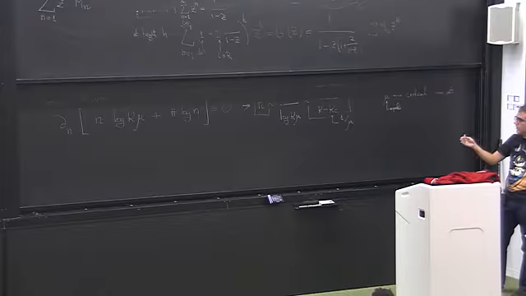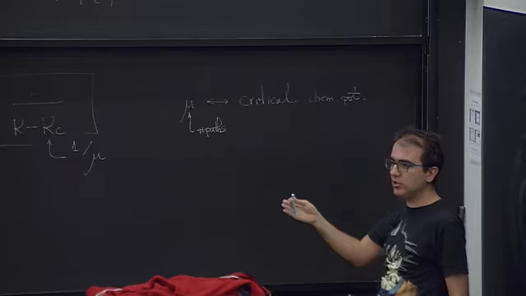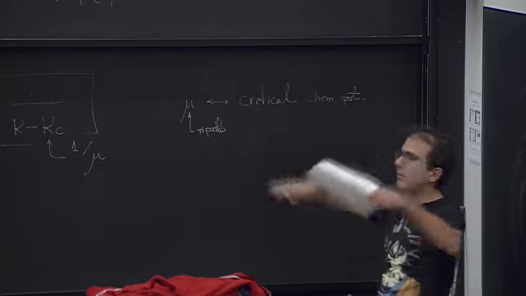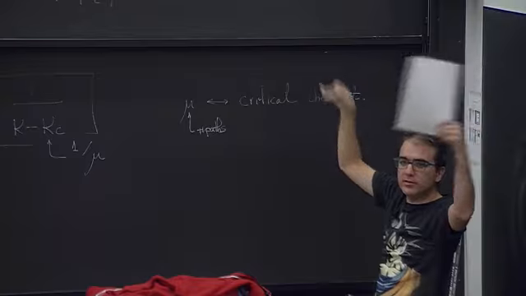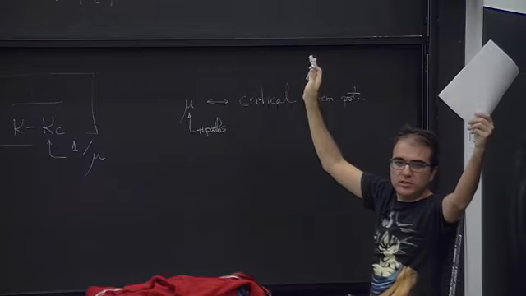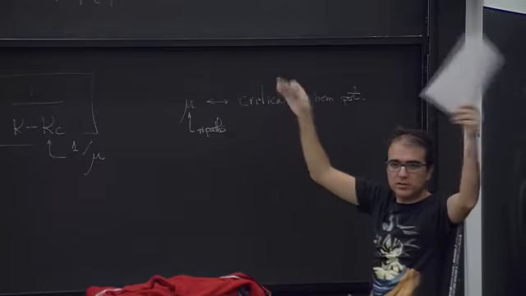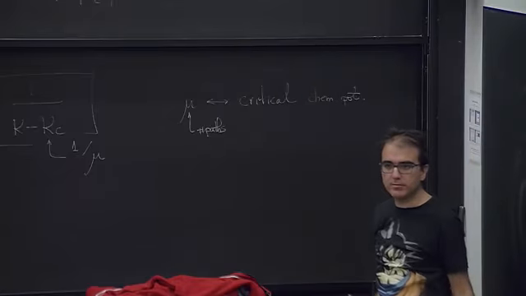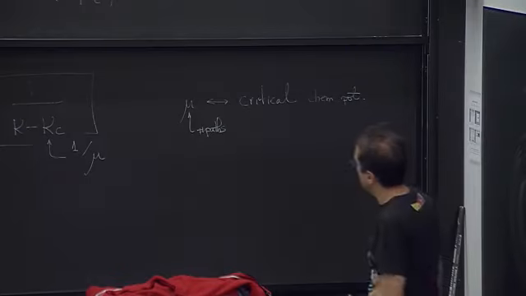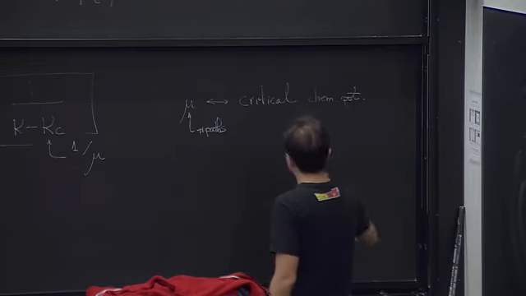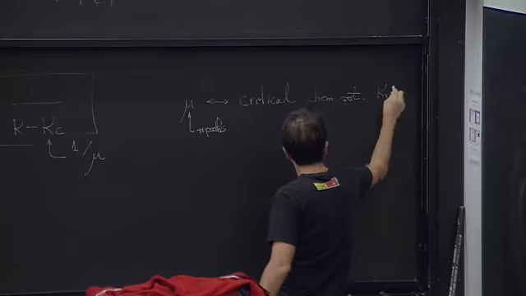If the chemical potential is not smaller than this critical chemical potential, the entropy wins and the paths start becoming infinitely big, and this just doesn't converge, right? I just create bigger and bigger paths. Okay? So mu is related to the critical chemical potential Kc,